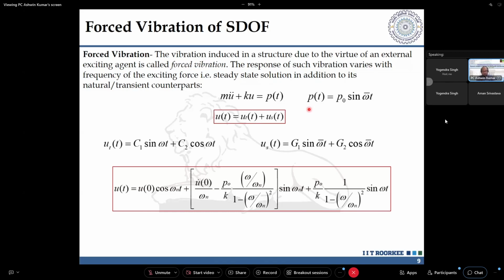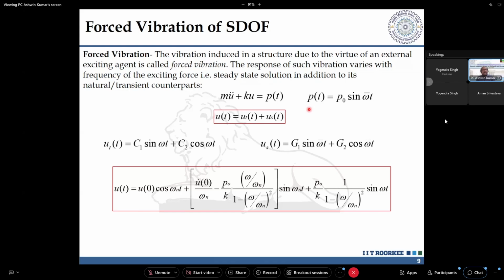I'm just solving this equation for your understanding. A particular solution is given by g1 sine omega bar t plus g2 cos omega bar t. How do we solve it? We substitute this in the equation of motion above, m u double dot plus k u is equal to p(t). We get some terms in sine omega bar t and some terms in cos omega bar t. We club them and take up a certain form which satisfies the equation,